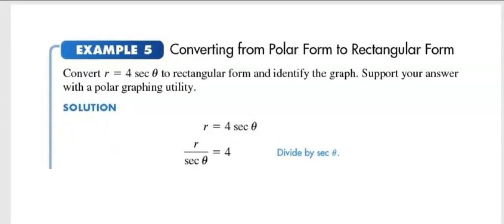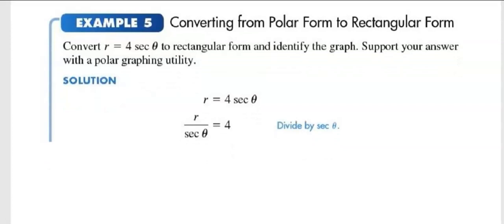Okay, so now we're going to practice converting from polar form to rectangular form. The first step has been given to you. Alright? The first step has been given to you. They said, let's divide by secant theta. Okay? Now,